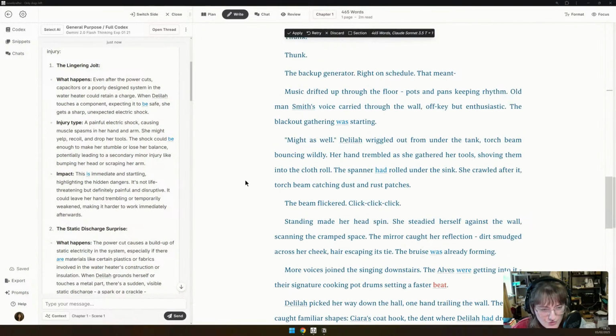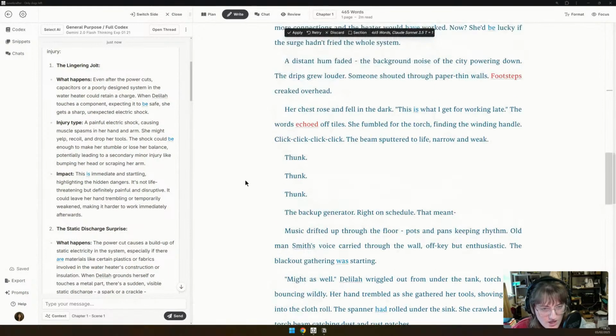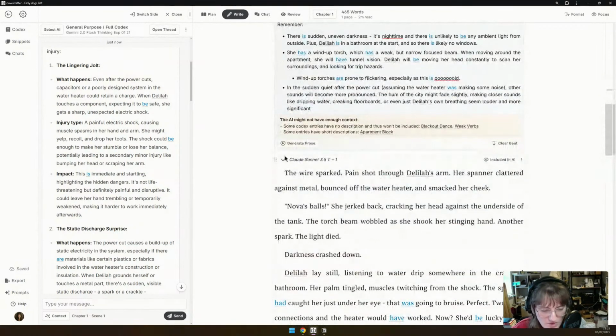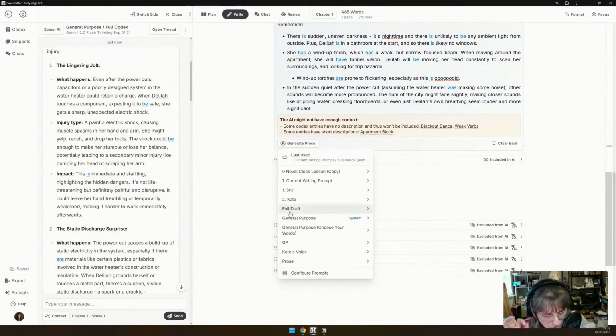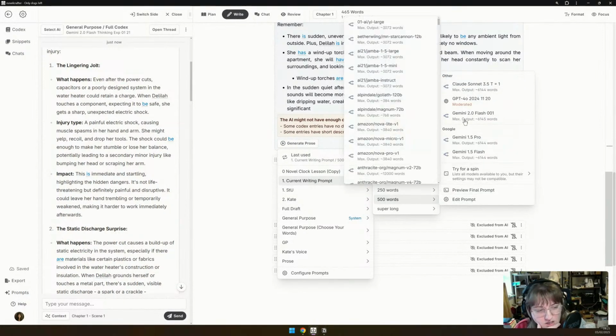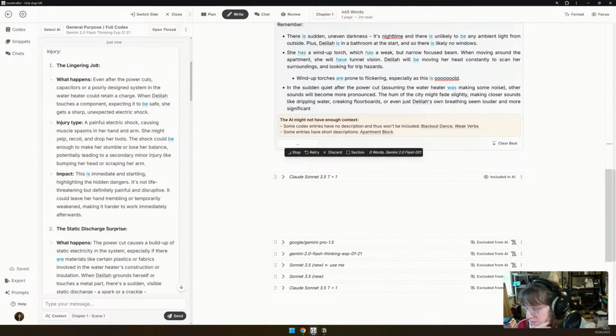It's a little bit abrupt for the flow of the entire thing, but I mean, you know, sonnet, always great. Let's try what this Gemini Flash is like while I put some music on.